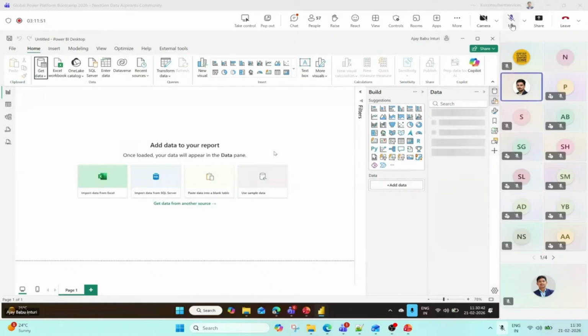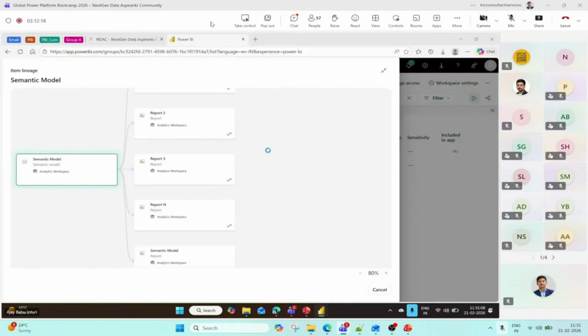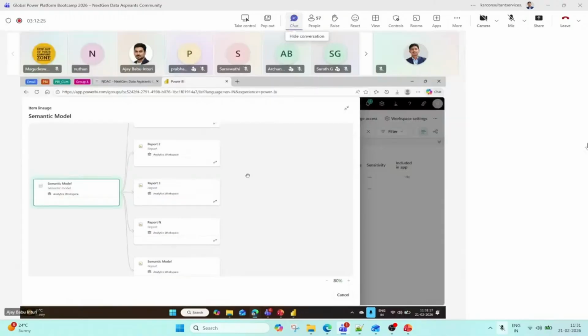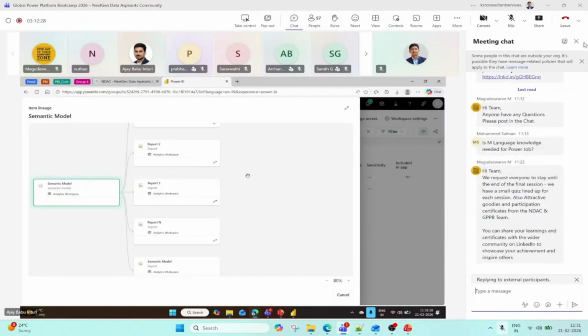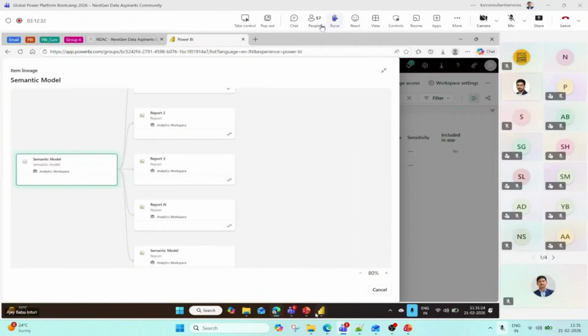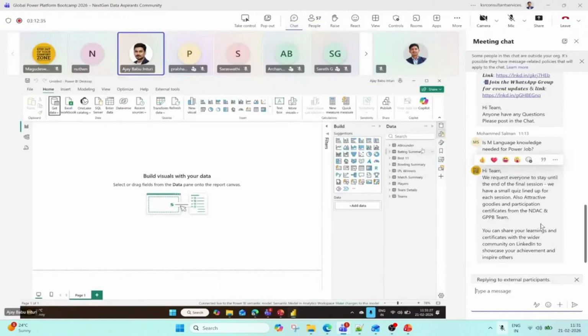It's taking time. Let me open. Right, so the semantic model is connected, and I wanted to create my report.